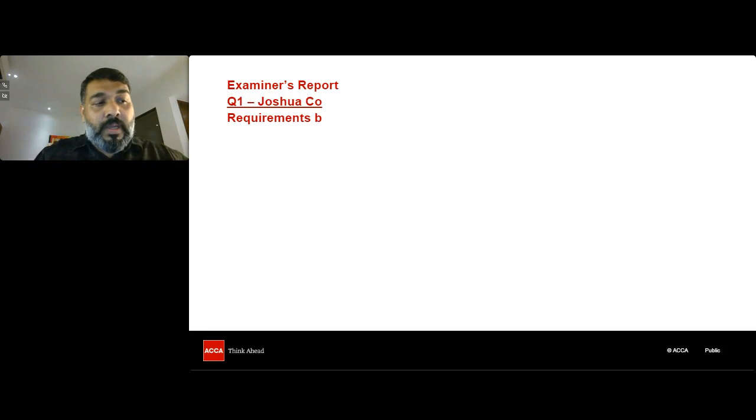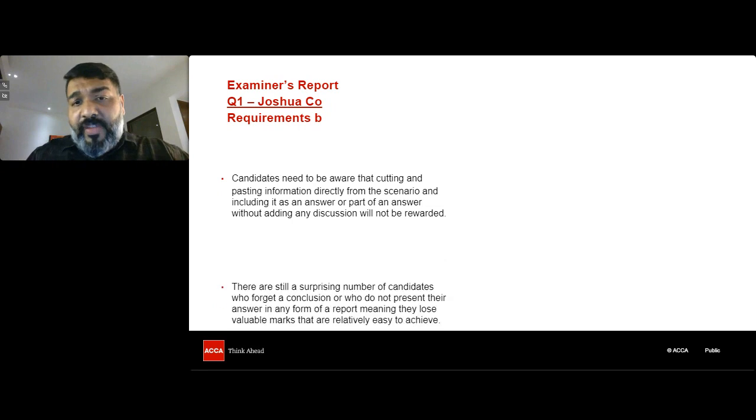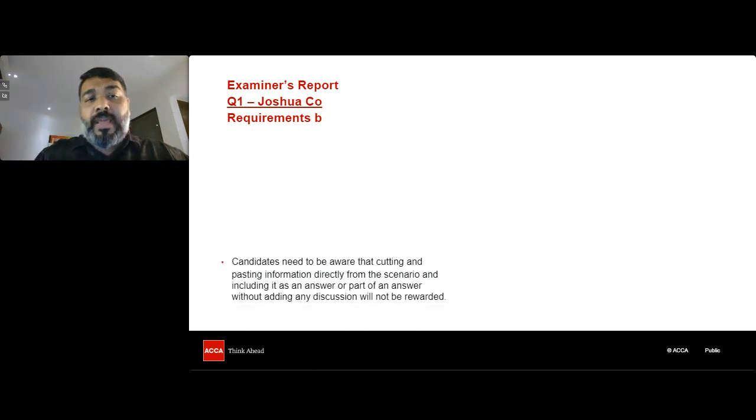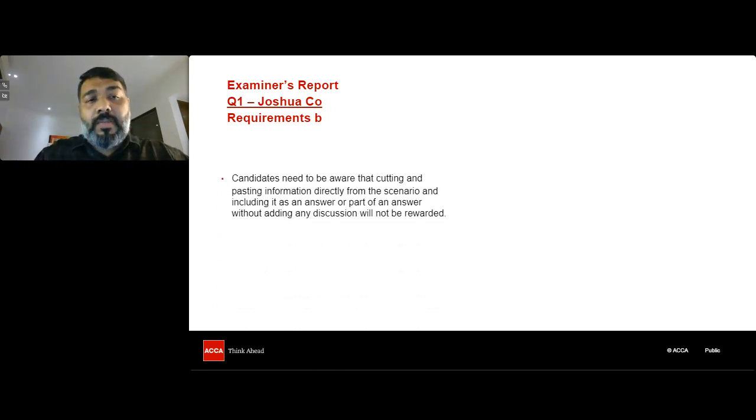Now, in this Joshua question, another thing that was noticed was that most of the students, in order to write the narrative, just cut and paste, with no discussion at all. They just cut and paste and mention that it is assumed and so on. This is something you need to take care of. AFM is not about just cutting and pasting. It's about